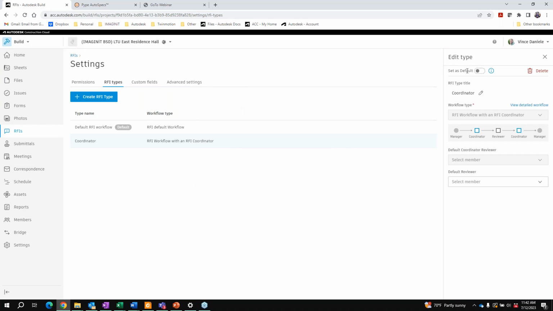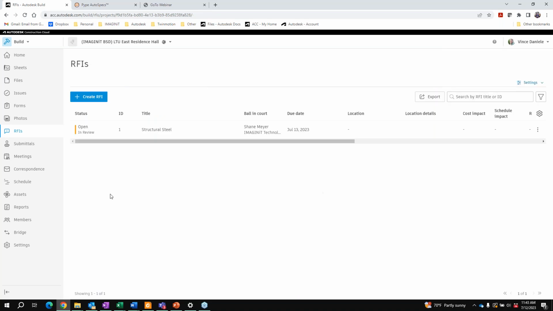And you can also set this up as a default type. So right now, the default RFI workflow is our default. It just has a 1-step review process, and Shane is the reviewer. So I don't have any additional people that would be part of that review. And go back to files. So if I create an RFI,